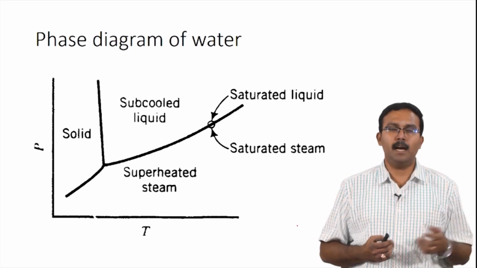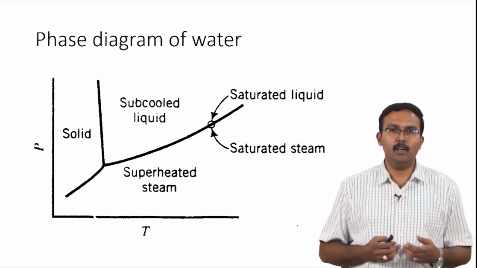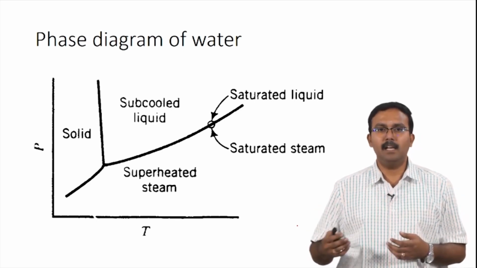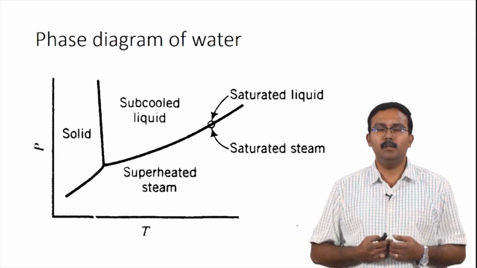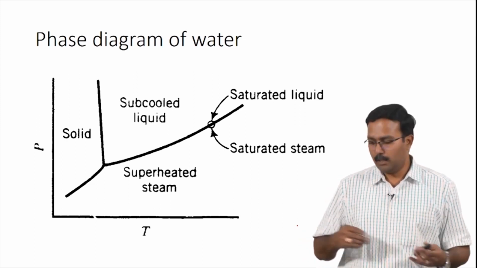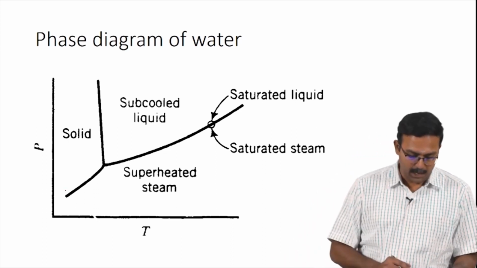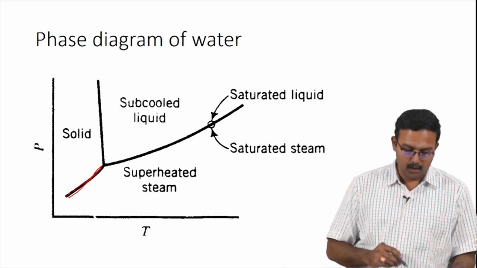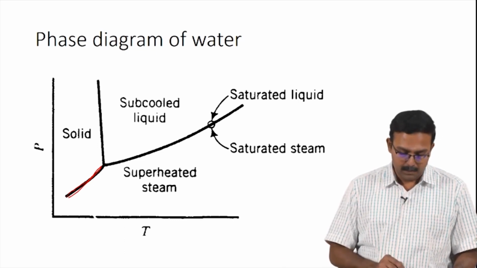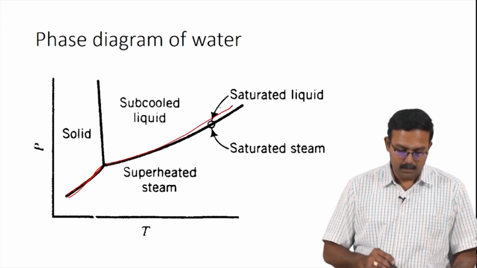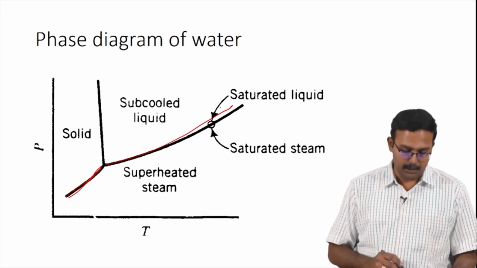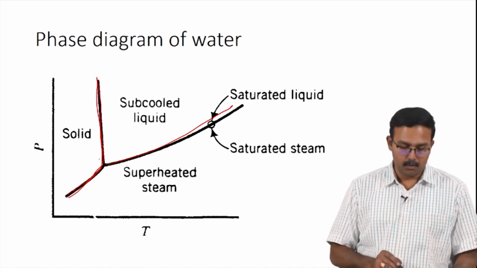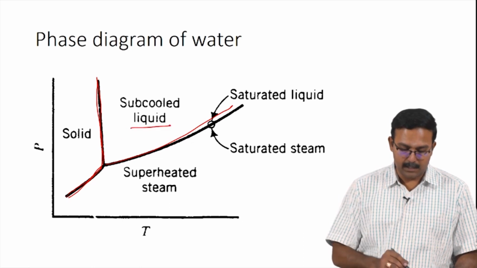At low temperatures and high pressures, water exists as a solid, and at temperatures and pressures above a certain value, water exists as a liquid. So, that is what you see here. The graph you have here, this line is the solid-vapor equilibrium, this line is the liquid-vapor equilibrium or the vapor-liquid equilibrium, and this line is the solid-liquid equilibrium. So, water exists as liquid in this region